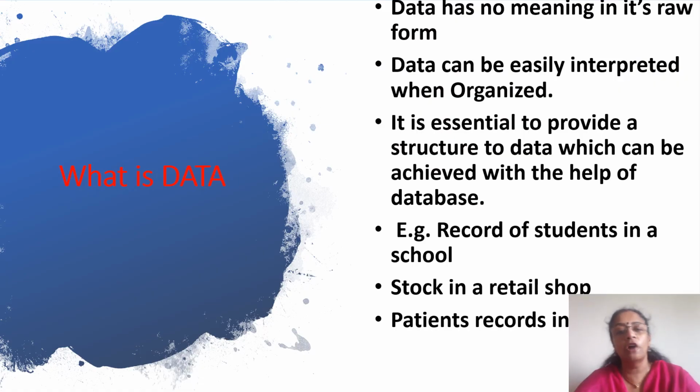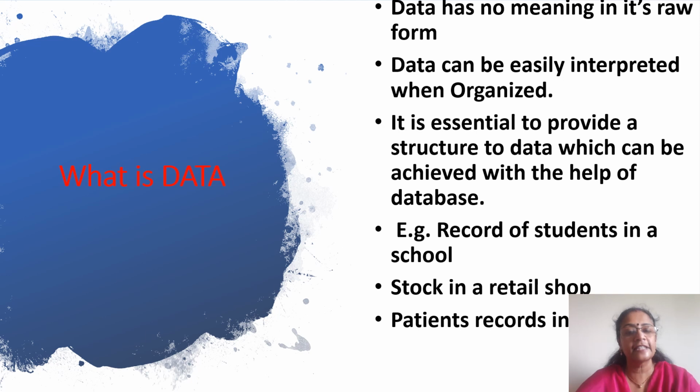Now what is the meaning of data? Data by itself in a raw form has got no meaning. For example, if I just tell you a name, for example Rahul or 20 or Dr. Joshi or a particular date, then by itself it does not have any meaning. But when we join together and interpret this data and organize it in a proper way, then it starts making some sense to a person.